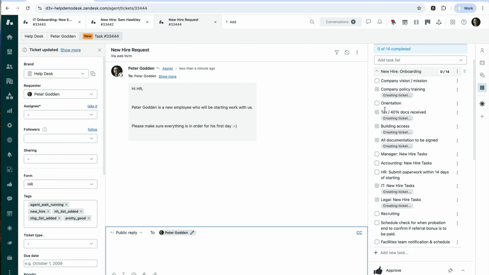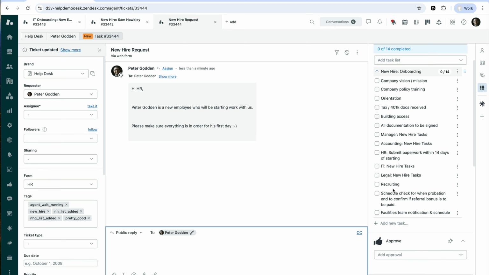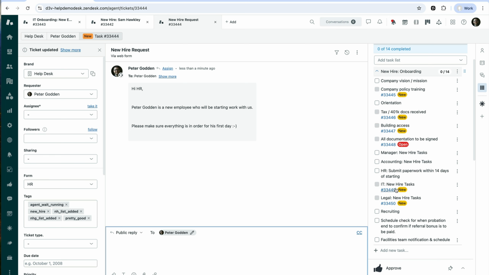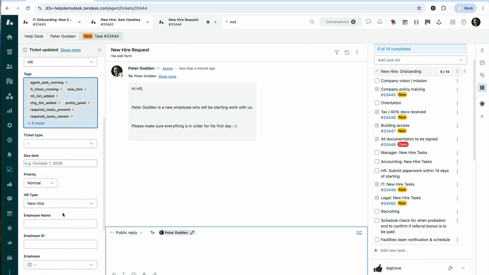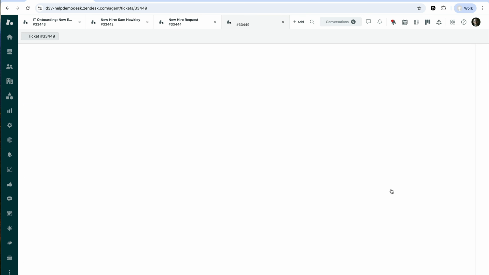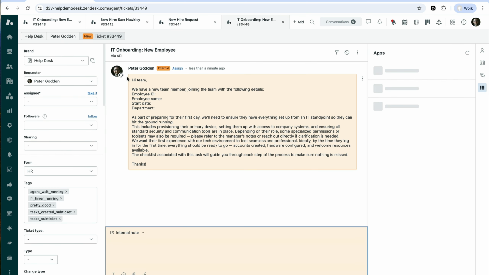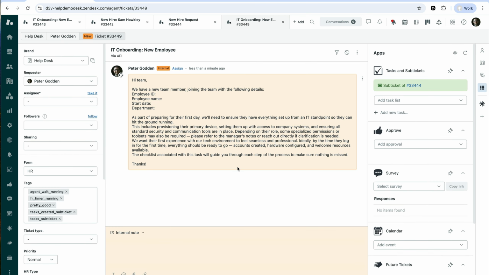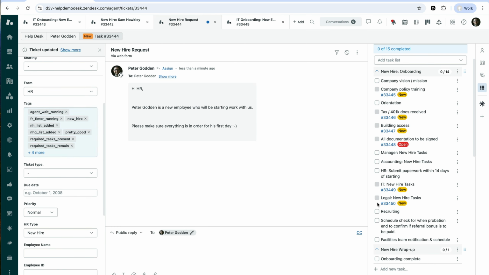And then you can see here, as part of many other tickets here, we have the IT new hire tasks being created. Now in this case, we haven't set some of the details like the employee name or anything like that on the parent ticket, but just to show you, we are using the same template on this task list